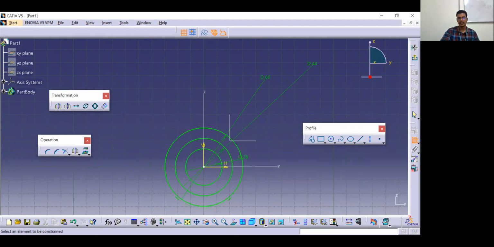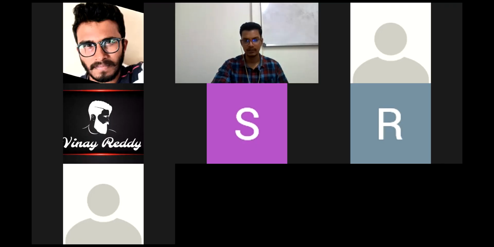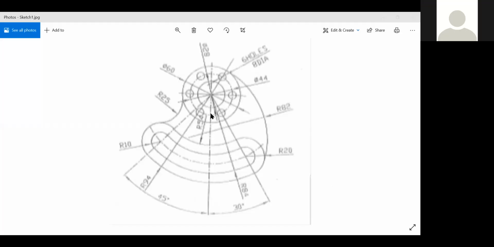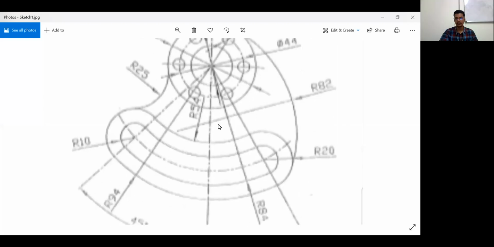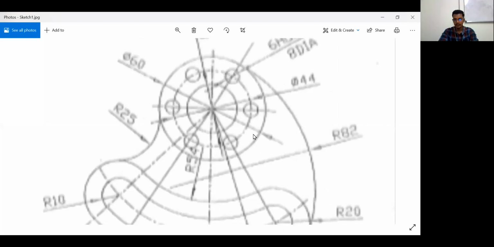But you can notice one thing here. Can you see the sketch or are you still seeing the CATIA screen? We are seeing the CATIA screen, sir. Just switch to it. Now can you see that? Yes, sir. If I zoom in a little bit, you can notice these 2 circles are hard and this one is axis, right? So it is only taken just because of these reference circles here. Got my point, right?